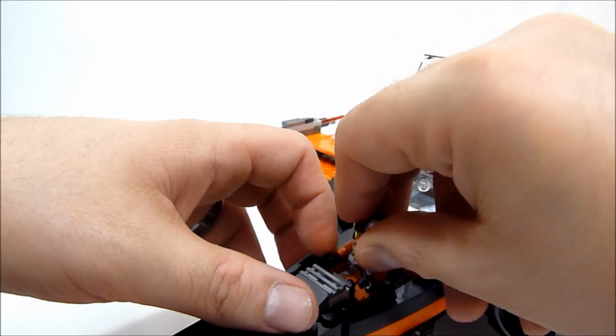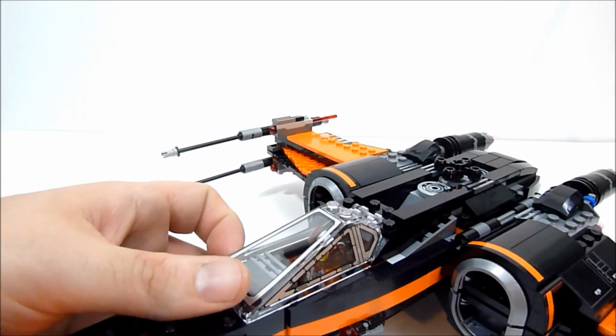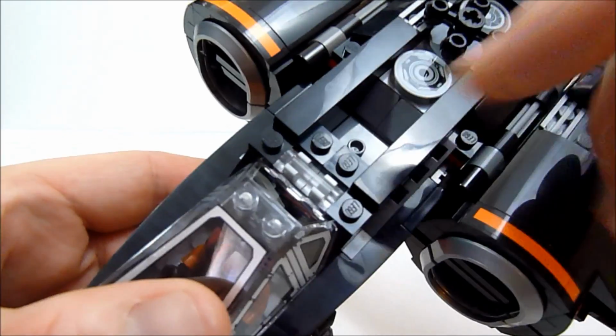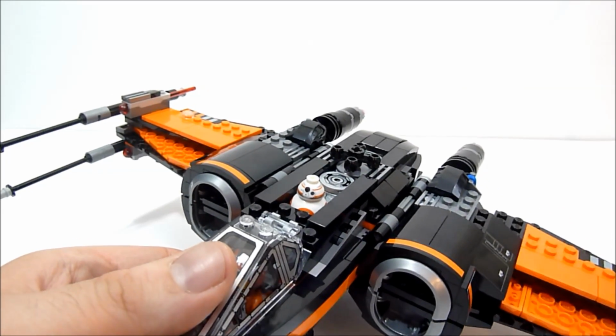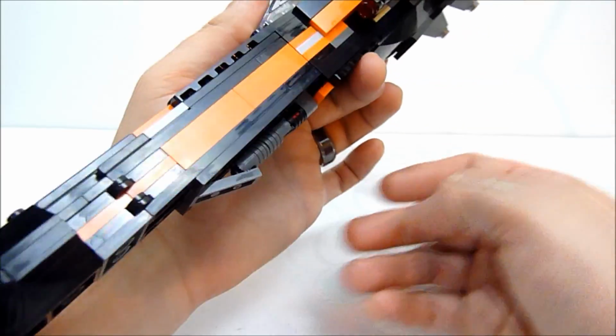plop this dude in the pilot seat, close it up, and then BB can go in the back. And unfortunately, it's built specifically for BB-8, and you cannot get another droid figure in there without popping the legs off of R2. But once everybody's in and ready to go, you can flip up the landing gear, which